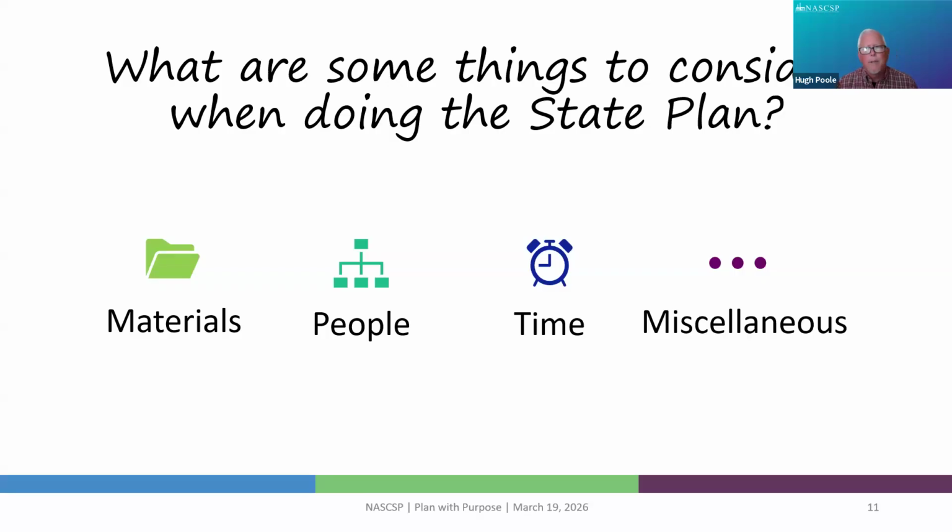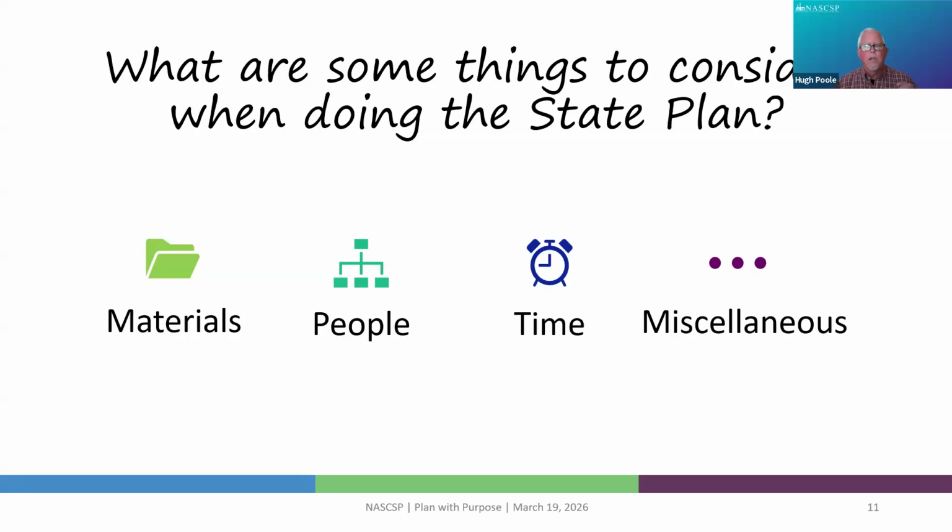And then in terms of time, and this is a big one, especially if you're new to the process, what's your timeline going to be, for instance, for posting for public inspection? What's your timeline for public comment? And then thinking through everyone else's schedule, so your management team, any of your stakeholders, certainly the CAAs, the state association, how you plan to get feedback,